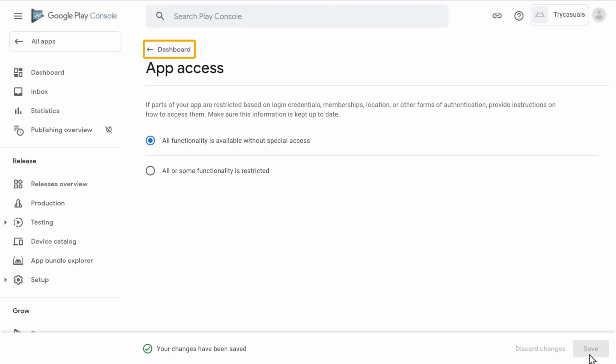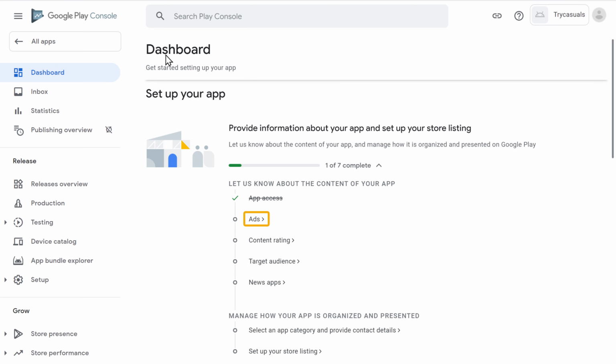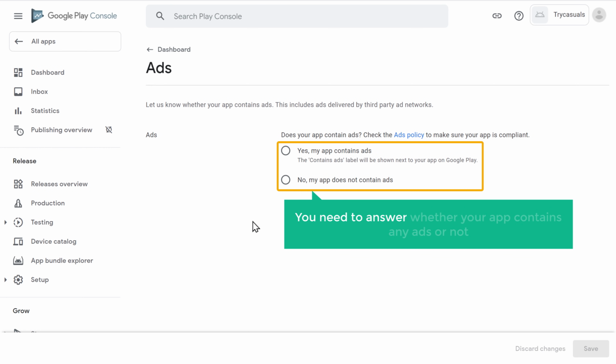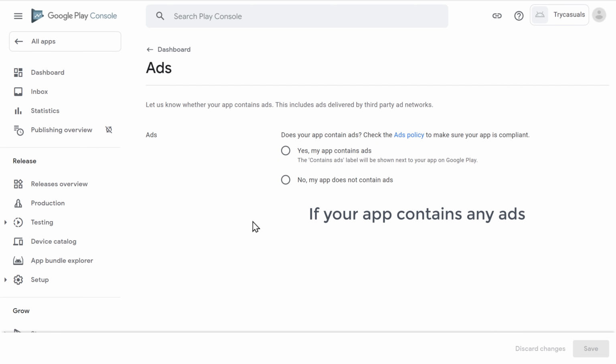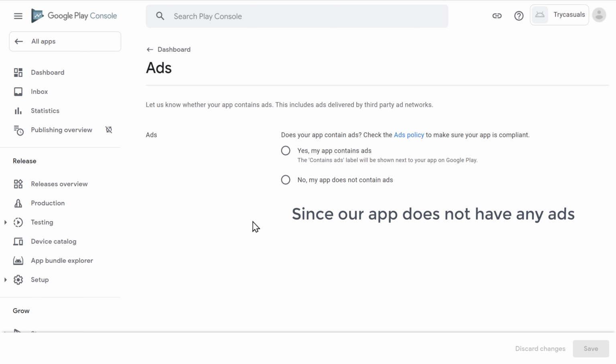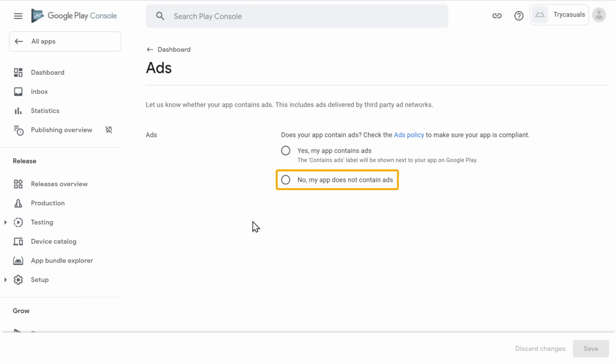Now let's go back and then go to Ads. Here you need to answer whether your app contains any ads or not. If your app contains any ads, just select this option. Since our app does not have any ads, I am going to select No and then click Save. Now click here to go back.